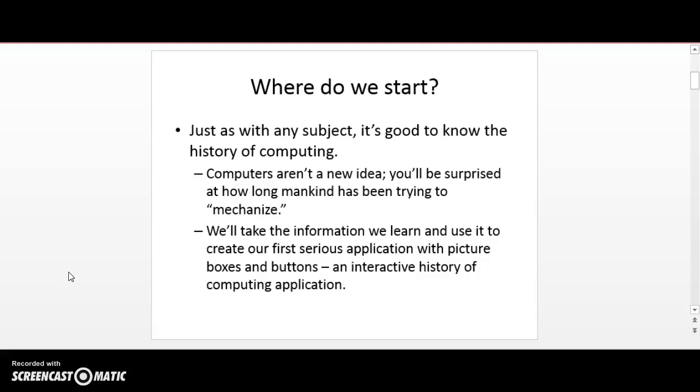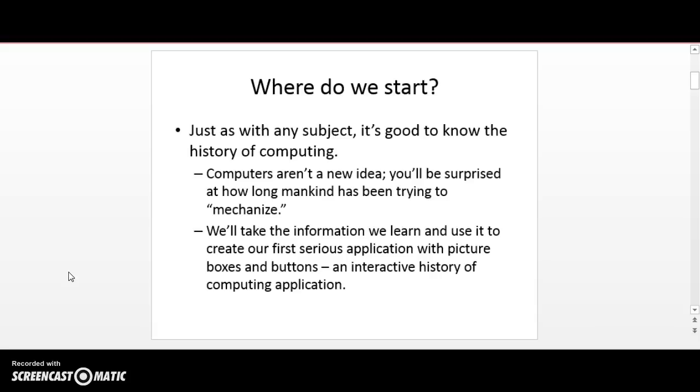Just like you need to be familiar with history in general, you need to be familiar with computing history specifically, especially if you're going into a computing related career or an IT career, because people will mention some of these things and you won't know what they are, and they'll think that you're not very smart. So we're going to do a brief overview of the history of computing, and it goes back much farther than